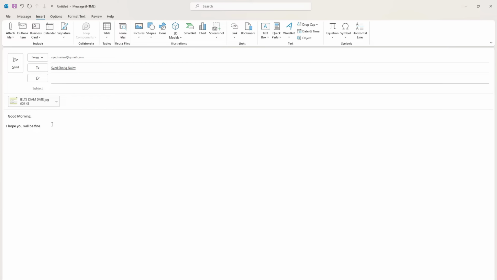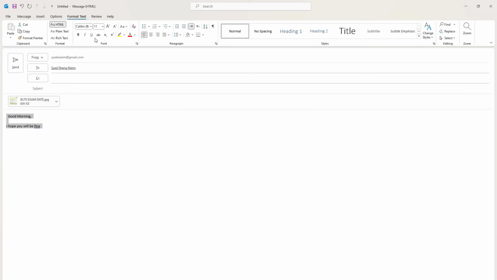Suppose I added this text here, and now I have to make it bold or bigger, or use a different type of font. What I will do, you see on the top there is Format Text. You can select the text and make it bigger or smaller or whatever you want. You can make it bold, italic, underline, like Microsoft Word, Excel, PowerPoint.